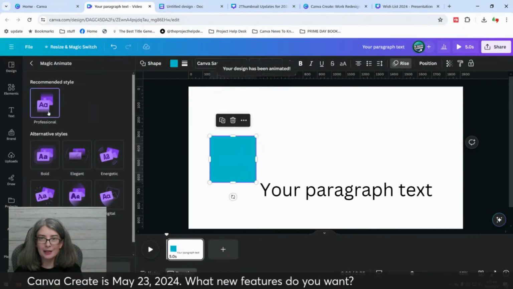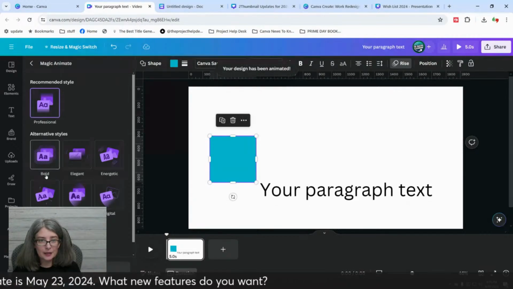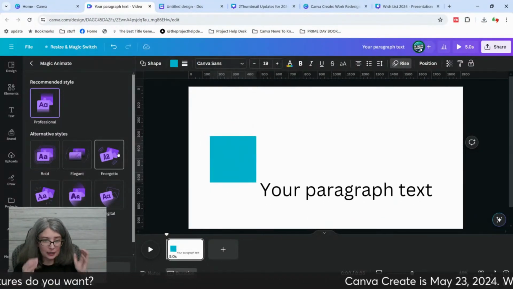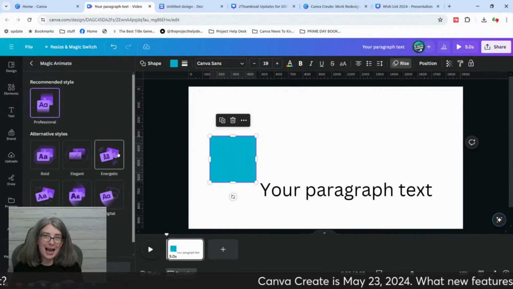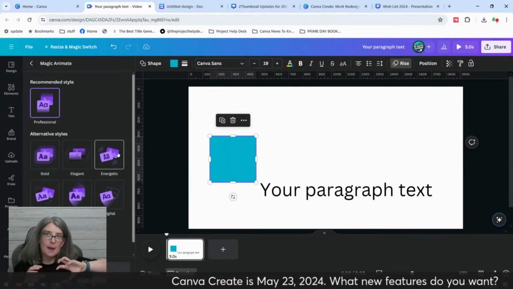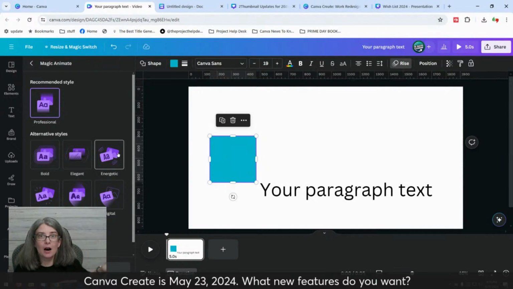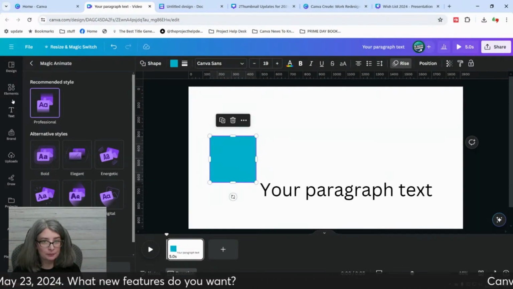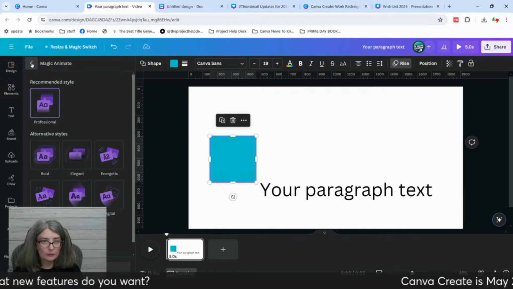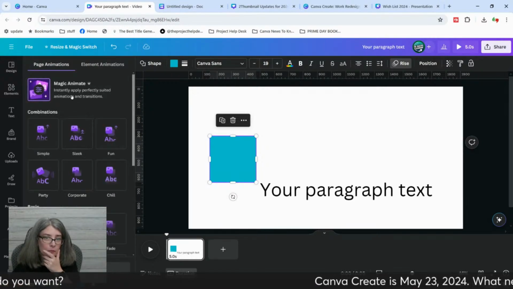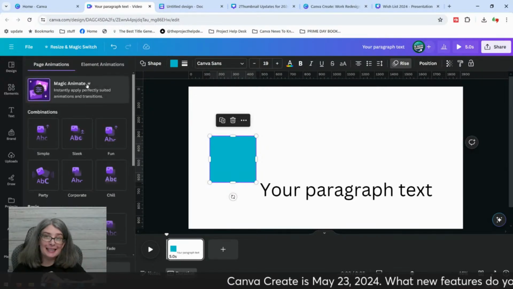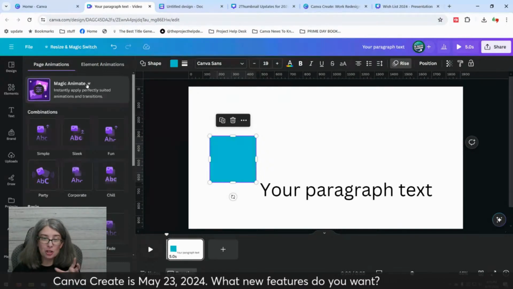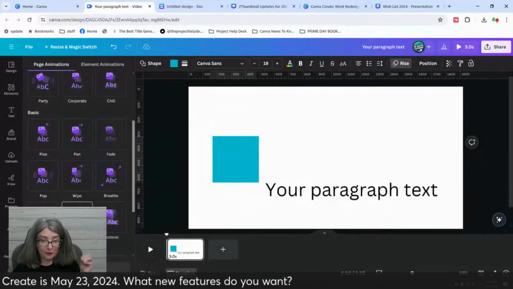Like this one, it thinks professional would look best, but then you can choose bold or elegant or energetic. These were added at the last big update that Canva had, this Magic Animate. Magic Animate is a Canva Pro feature, but most of the animations are free.